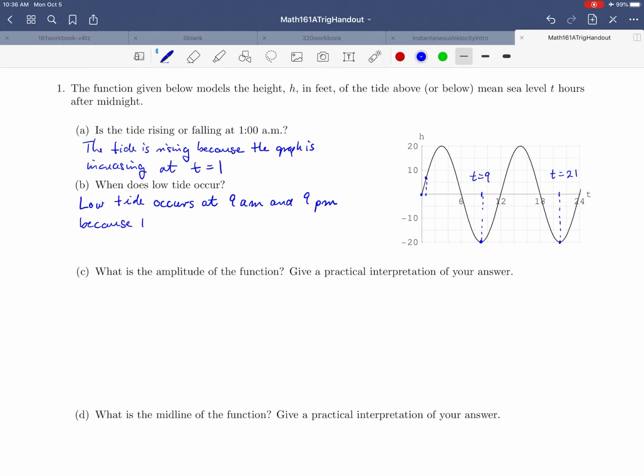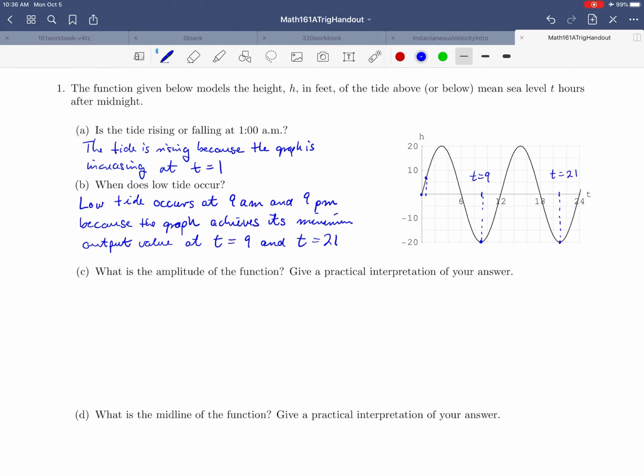And we see that from the graph because the graph achieves its minimum output value at t equals 9 and t equals 21, which correspond to 9 a.m. and 9 p.m. Now we learned previously about the amplitude of a function, and so here for part C we want to know